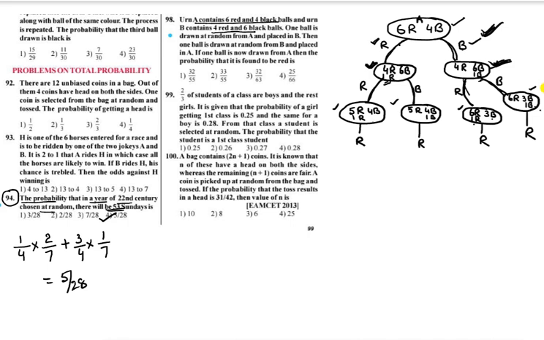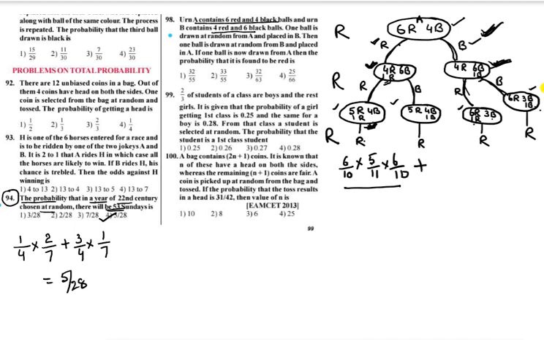First of all, drawing a red ball is equal to 6 by 10 into, from here also we are drawing a red ball, that is equal to 5 by 11. But from here we have to get a red ball out. What is the probability of drawing a red ball from this bag? 6 by 10. That is the first case. So what is the meaning? Here red, next also red, next also we got red. That is the first case.